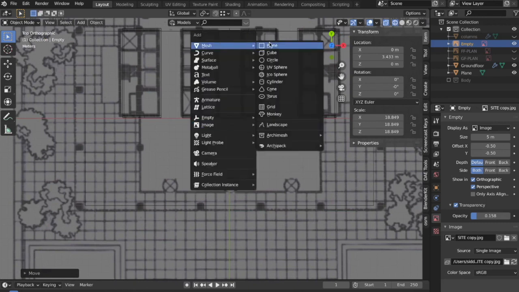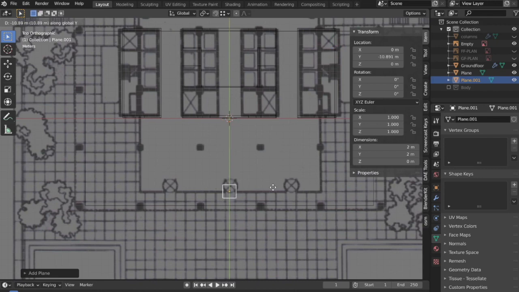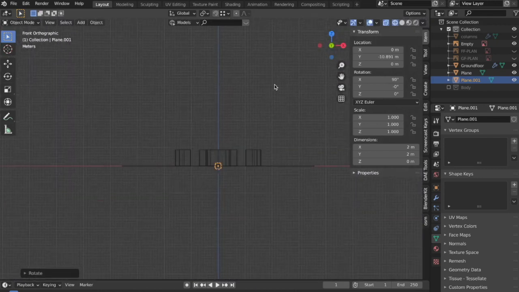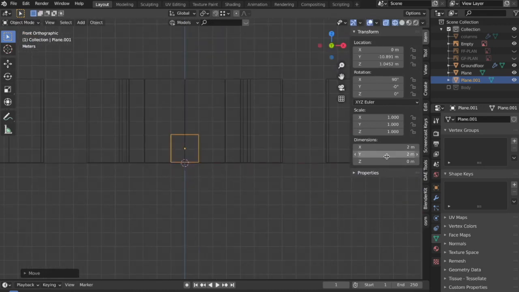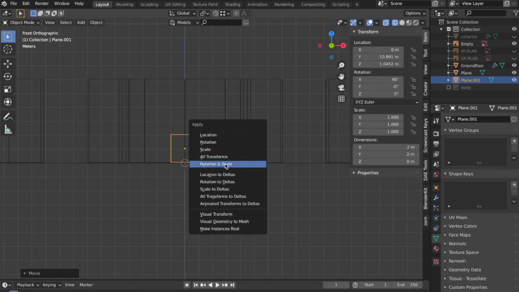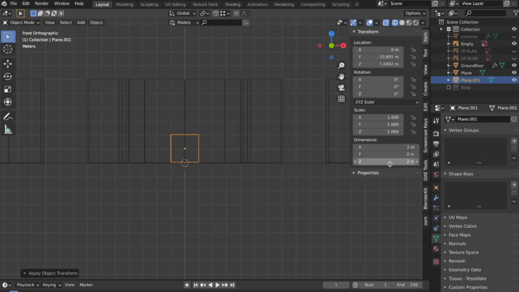To make that, we have to first do a few things. First, I'll go over here, select a plane, bring it till this point, rotate it along the x-axis and then press 90. I'll go into the z-axis and then press Ctrl A to apply rotation and scale. Now we have the correct z-axis value. Now I'm going to give it a height of 6 meters.